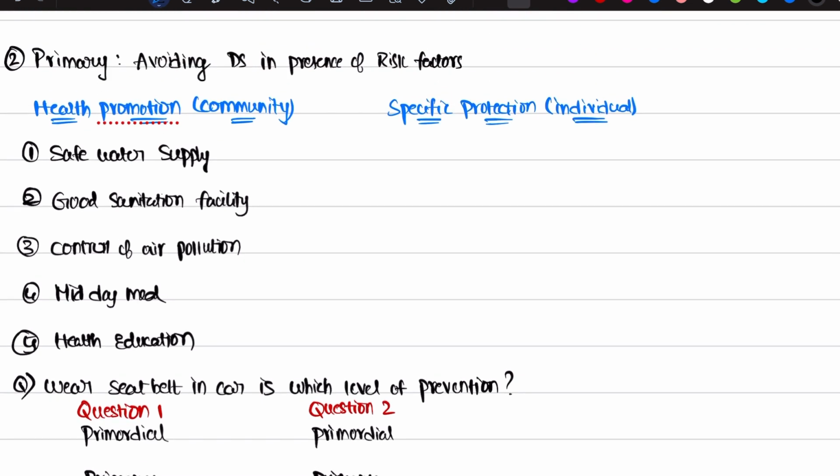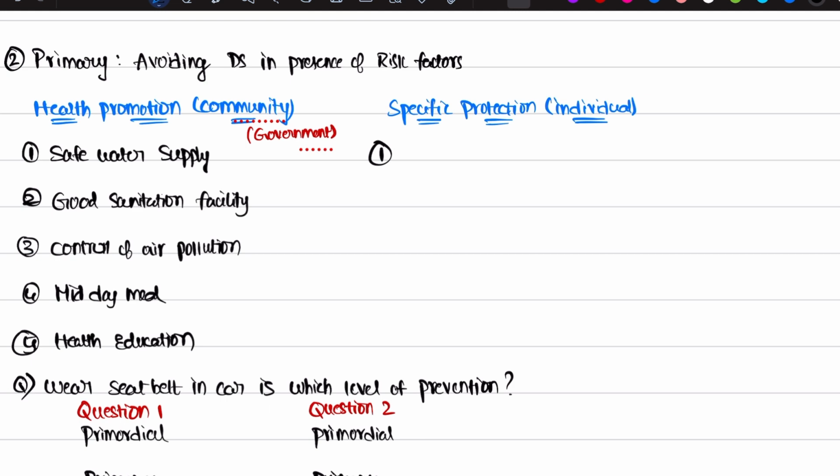See, government is asking something to do. I am putting here government. If government asks, or government posters are given in the exam, that comes under the health promotion. That was under the primary. Okay, you need to mark it as health promotion. If government asks you to do anything, it comes under the primary and it comes under the health promotion. Okay, next,